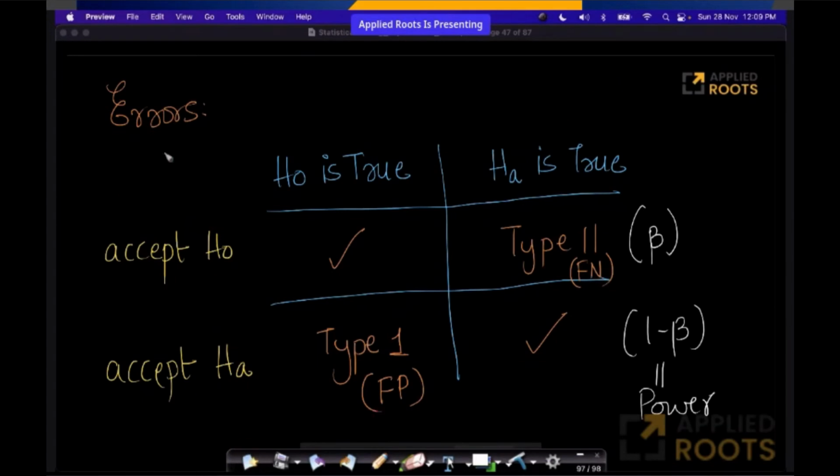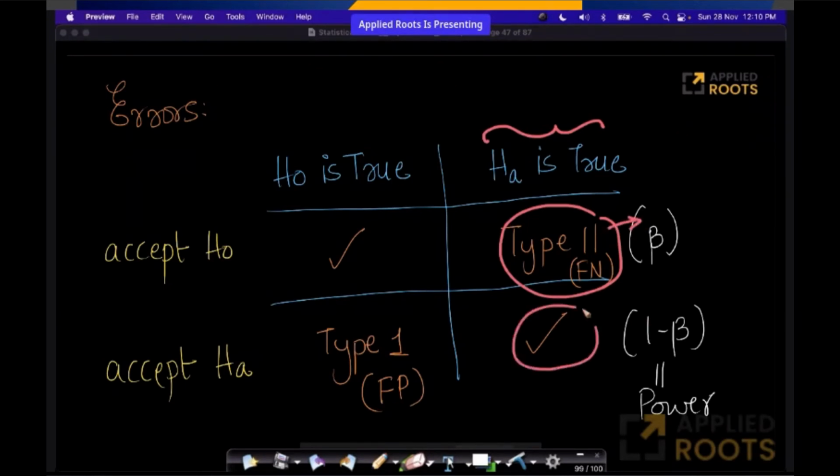Typically, in a lot of hypothesis testing, this value is referred to as beta. So you remember alpha is used for significance level, like 5% or 1% and things like that. This false negative, the probability of having a false negative, is often written as beta. And if this is beta, remember, in a world, if HA is actually true, we either accept H0 or we accept HA. One of those two things can happen. If this is beta, this probability will be 1 minus beta, and that is often referred to as the power